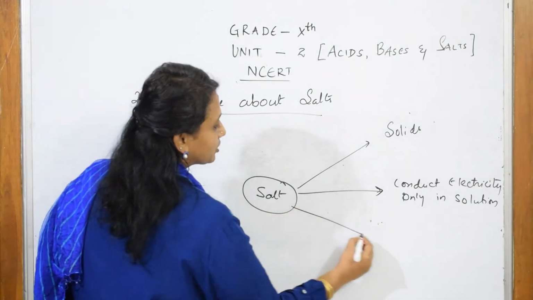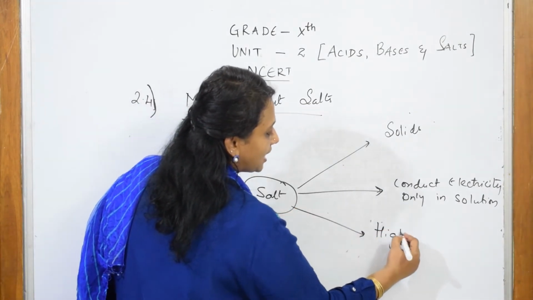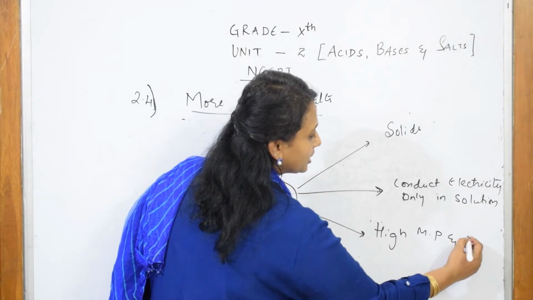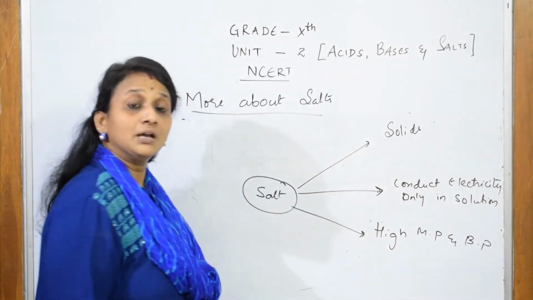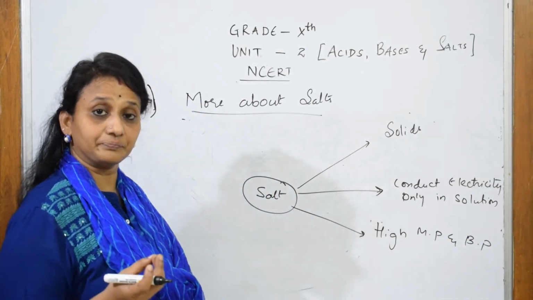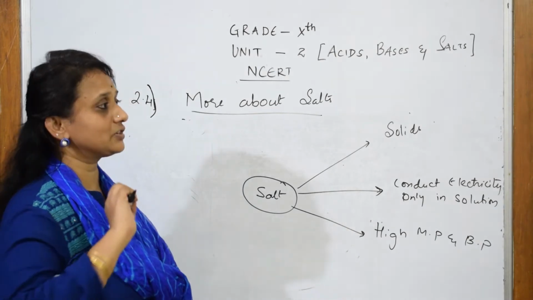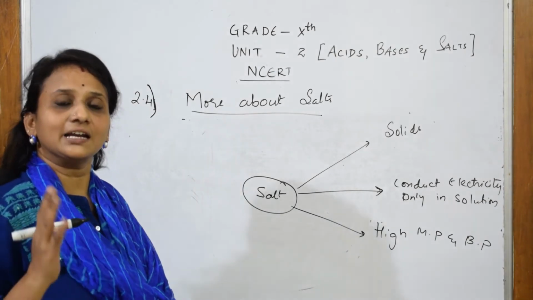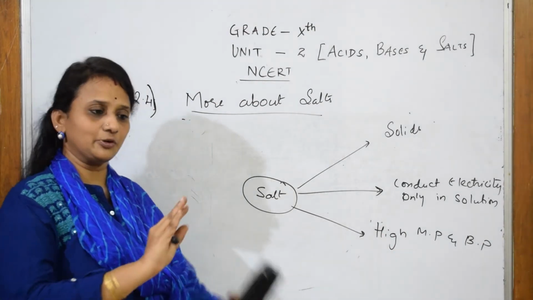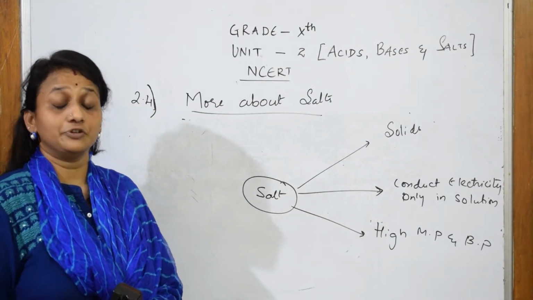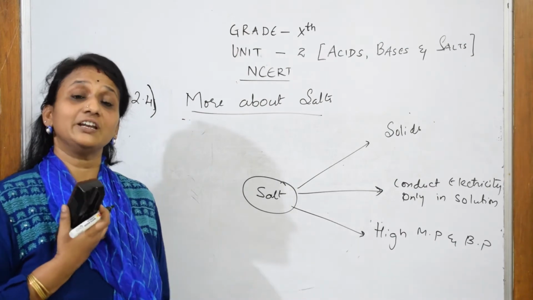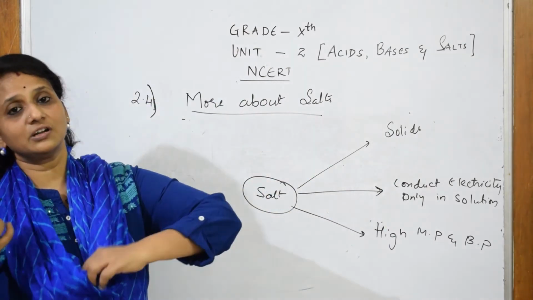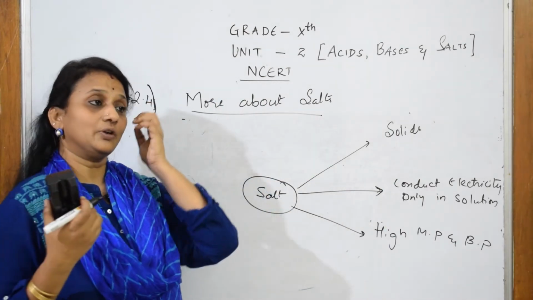That's next important property. Salts have high melting point and boiling point. This you need to remember. So when they have high melting and boiling point, obviously it will be high. It has to break the crystal lattice. We need to break the salt crystal, which you will be learning in grade 12. Very interesting chapter where we call it a solid state. Done.